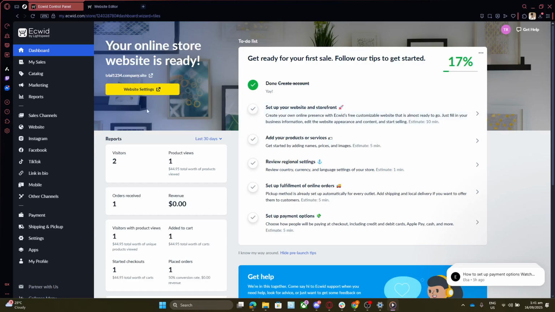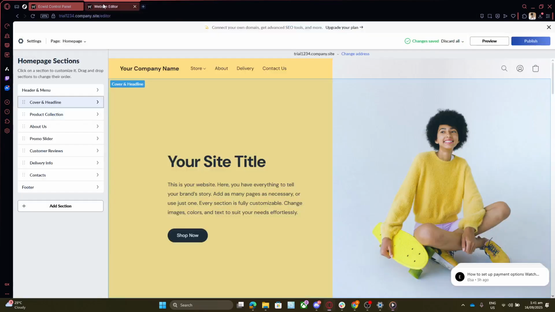Once you're comfortably situated in the Ecwid control panel, the next step is to locate and click on the website settings. This part of the menu is crucial because it gives you access to the various elements that make up your online store's website. These elements are what you'll use to fine-tune your customers' browsing experience. By navigating to the website settings, you're opening the door to customizing your store to better fit your brand's personality